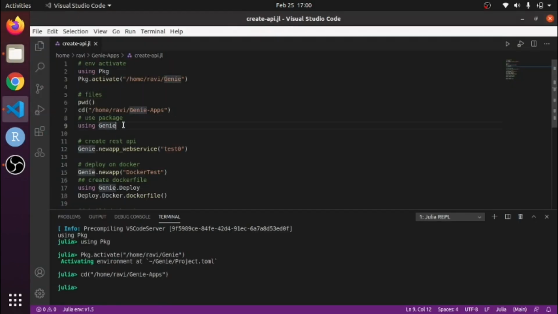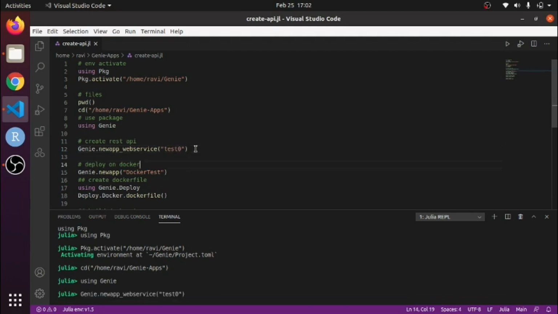Then I import the Genie package. To create the REST API, you have to type new app underscore web service and put your app name here. I am taking test 0 as my app name. When you run this, it will create the template for you.